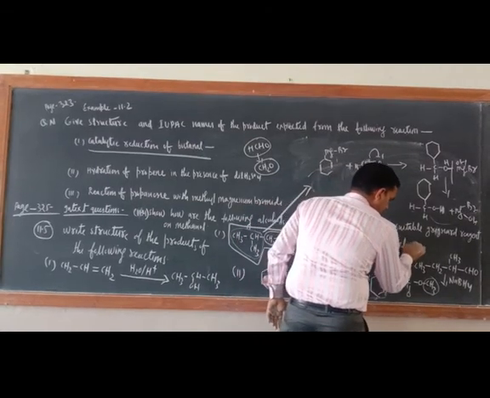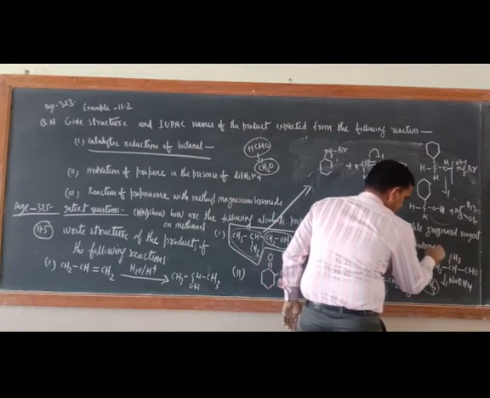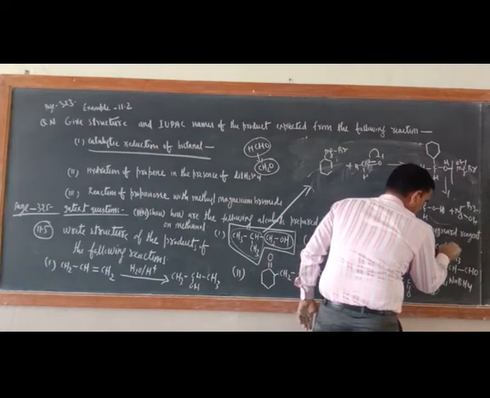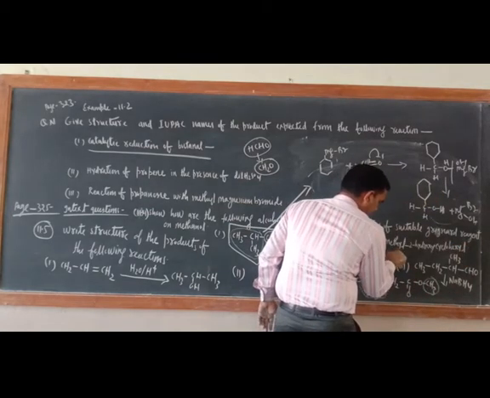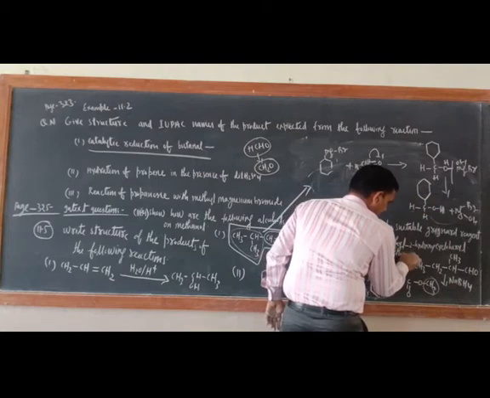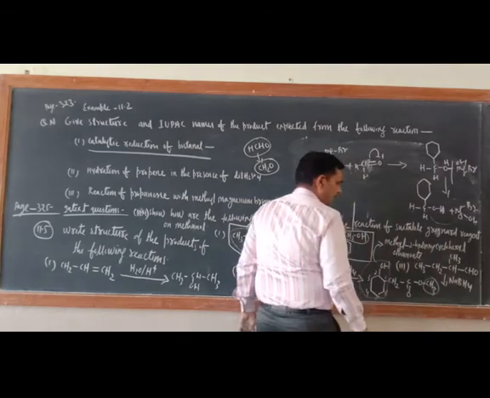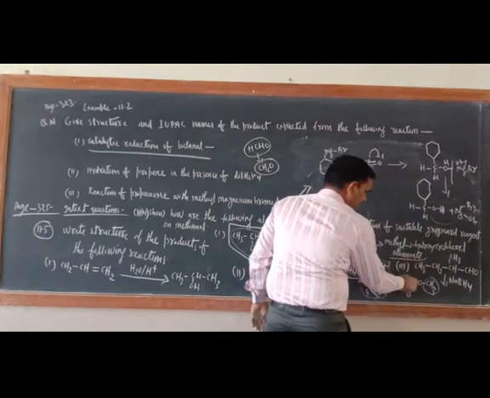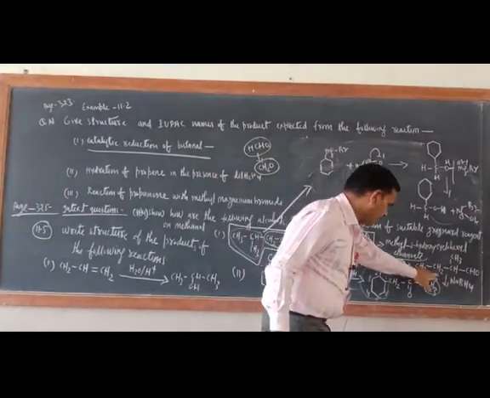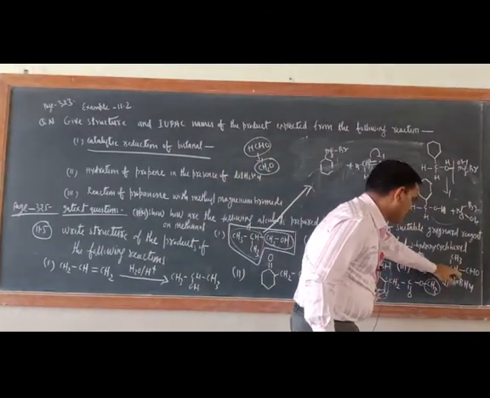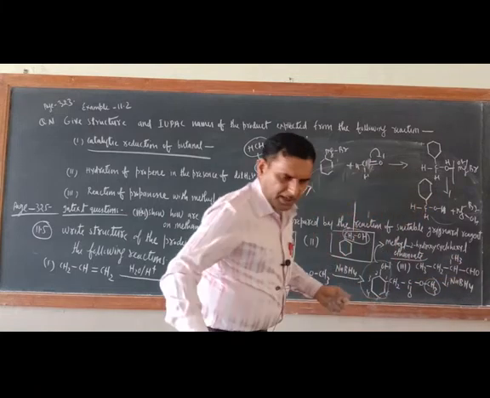So ethyl 2-hydroxy cyclohexyl ethane OH. Methyl 2-hydroxy cyclohexyl ethane OH. Ester means OH. Okay, now one more product is there here. What would be the reduction product of this one? Alcohol only. 1 2 3 4. Just check here.